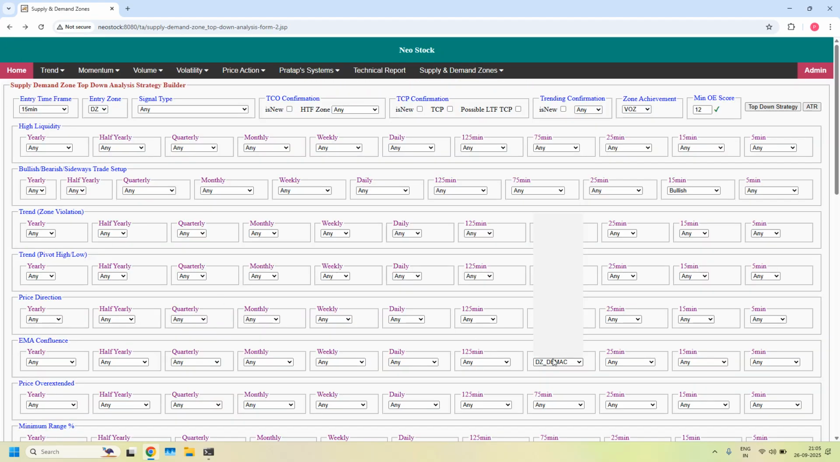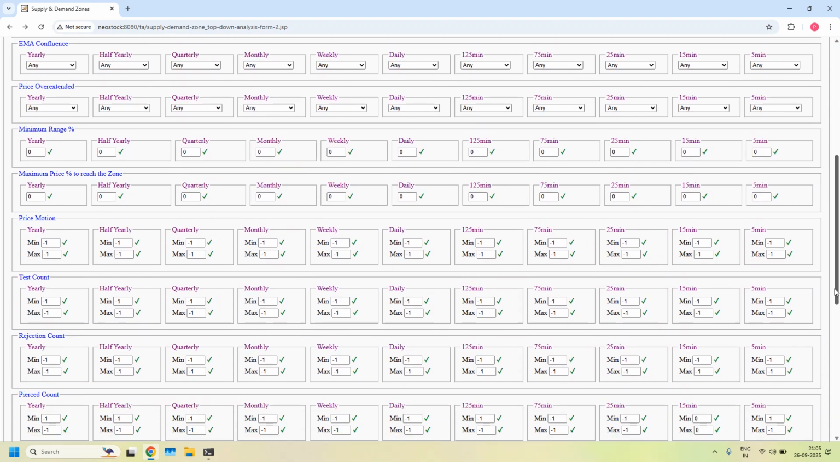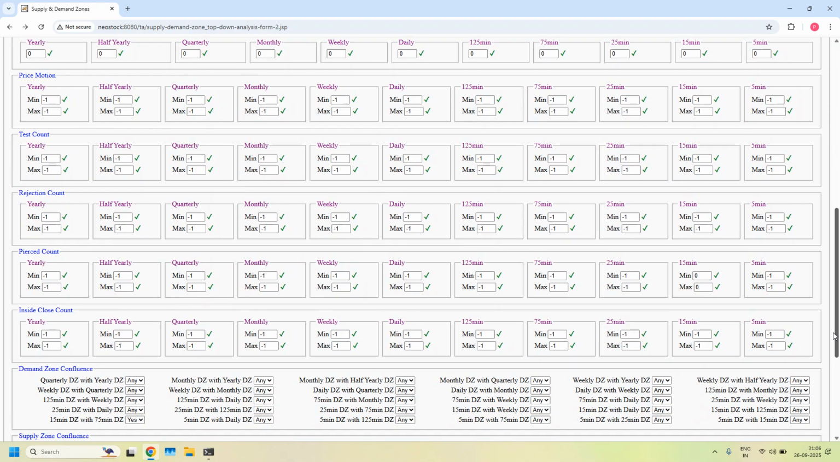Going back, removing the ITF EMA filter. Now we are setting 3 demand zone confluence filters. First one, 15 minutes and 75 minutes demand zone confluence, already enabled. Next, 15 minutes and daily demand zone confluence. Then 75 minutes and daily demand zone confluence. With all the 3 filters,